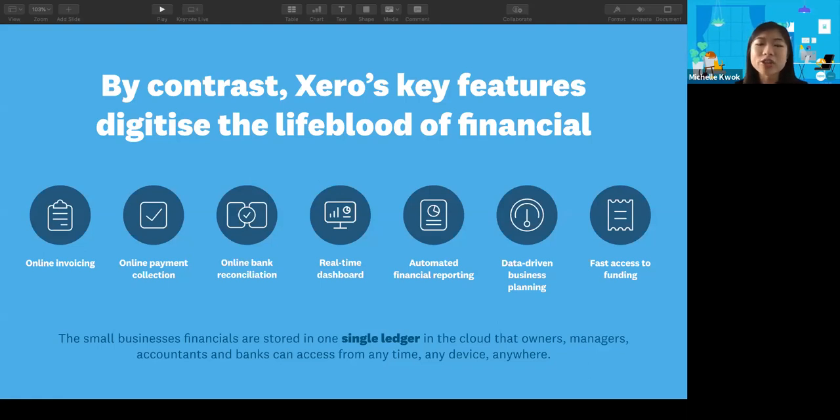And having all the data in real time on your dashboard, it means that you could see how your business is performing in the day or even in the past hour. So what we're talking about on Xero is that everything's stored in one single ledger in the cloud. That means no matter you're the owner of the business, you're the manager, or you're simply the accountant who is looking after this business, when you log into Xero, the data or the information that you see is gonna be